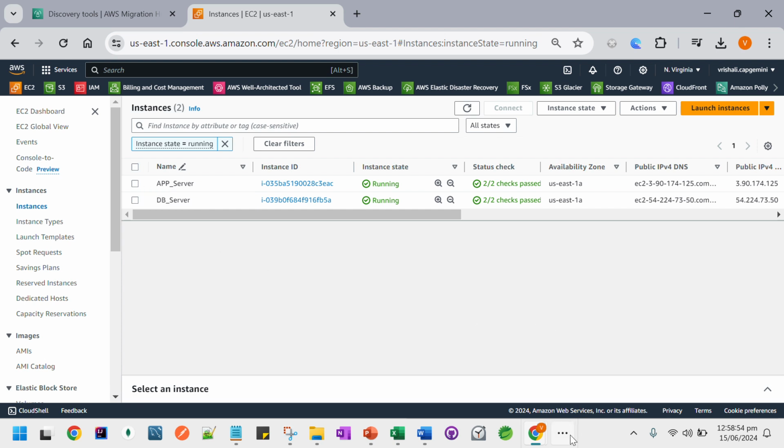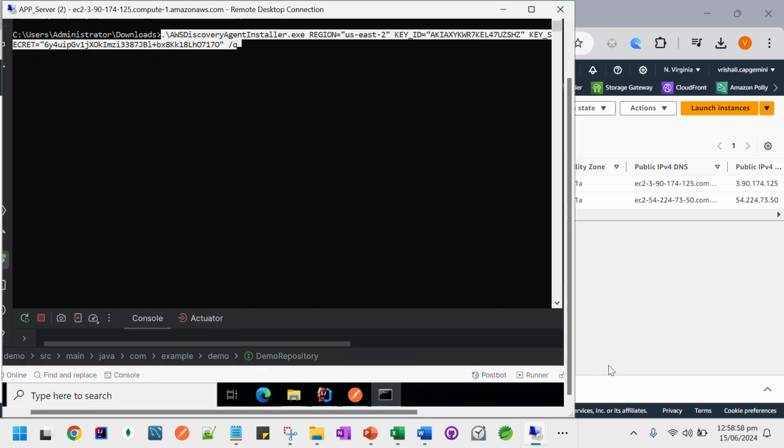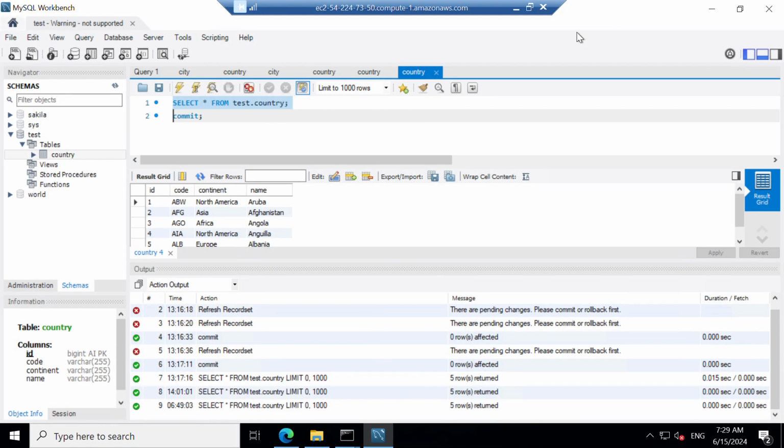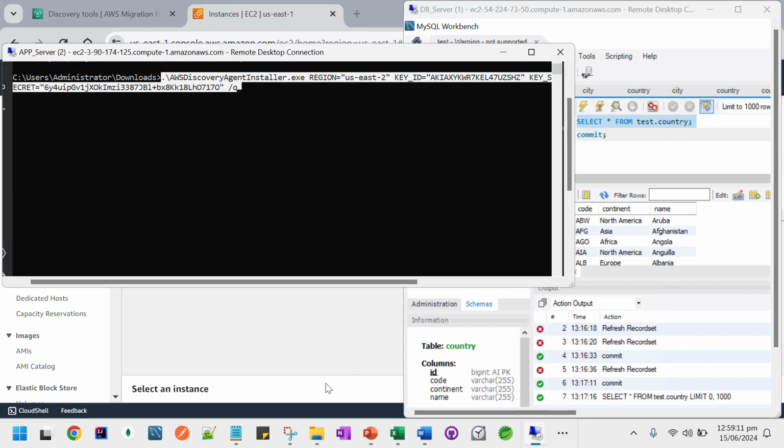It's always better to take two different machines than to host it all on one particular system itself. So as you see, the database server is over here, and this is a test database I have created with some data in it about the countries, and this is the application server which is having